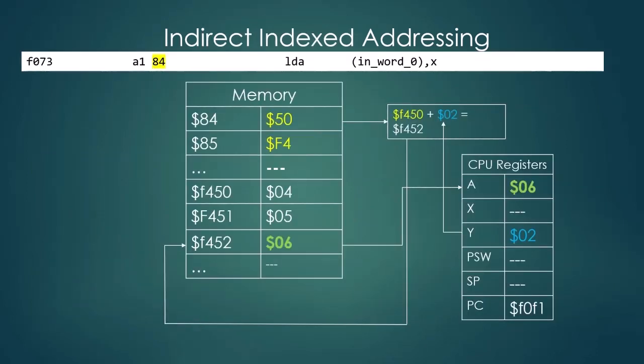To use indirect index addressing, code the instruction followed by a left parenthesis, followed by a zero-page operand, close parenthesis, comma, and an index register, which is always the X register for this addressing mode. The zero-page operand designates the first byte of a 16-bit value in storage. During execution,